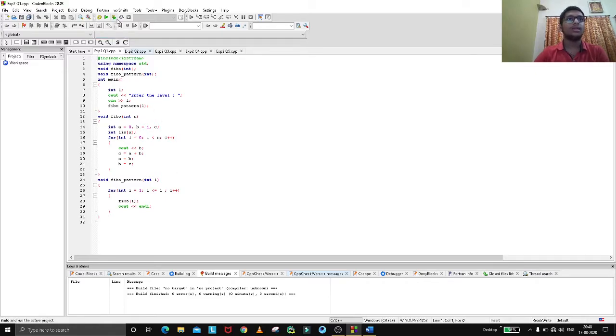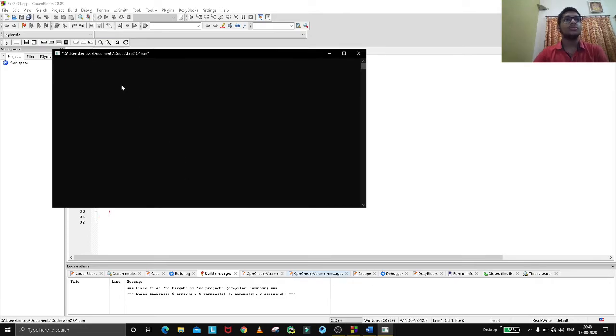If we run the code, enter the level, I give 5. Here you can see 1, 1 1, 1 1 2, 1 1 2 3, 1 1 2 3 5. They are the Fibonacci series and they are in a left triangle pattern.